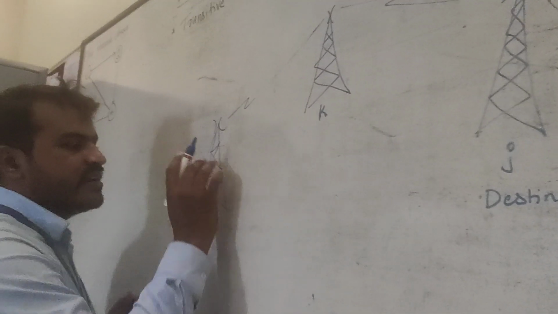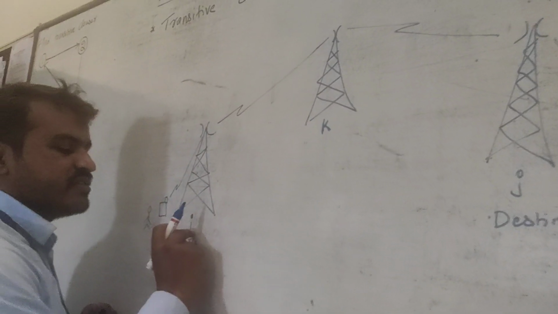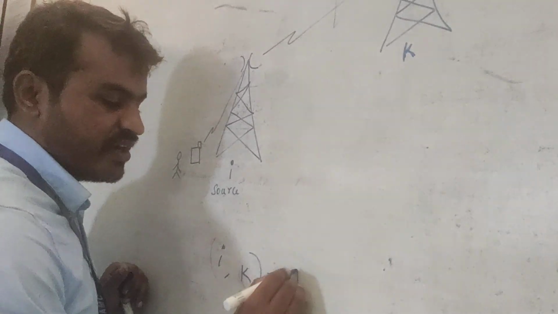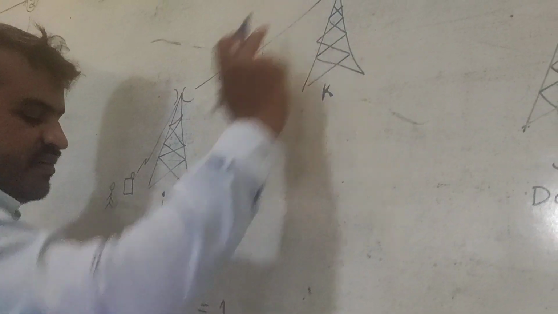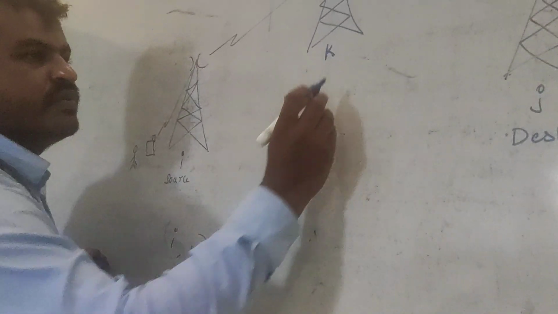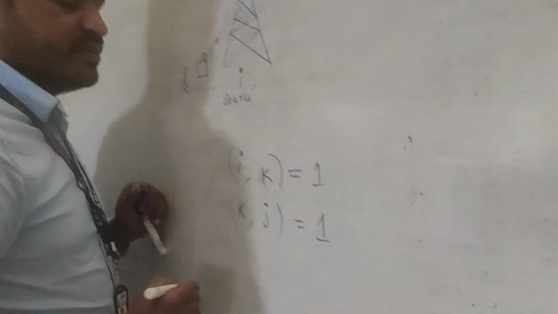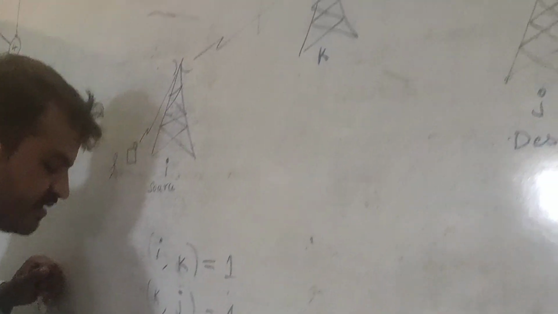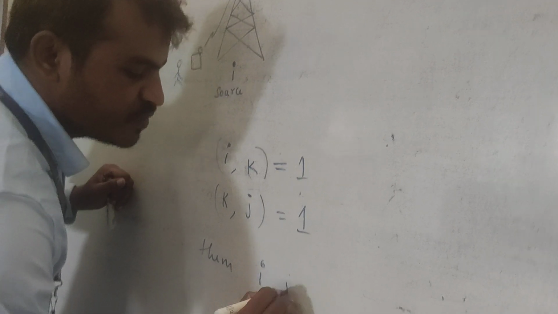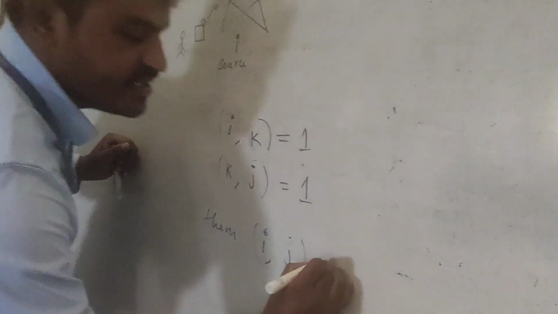How do they check this in the background program? This tower can't communicate directly with that one, as there is no range. At that time, it first checks the connection from I to K. Is connectivity existing or not? Yes, there is a path from I to K. Then from K to the J tower, yes, there is also an existing path. From these two conditions I can say there is a path from I to J through K.